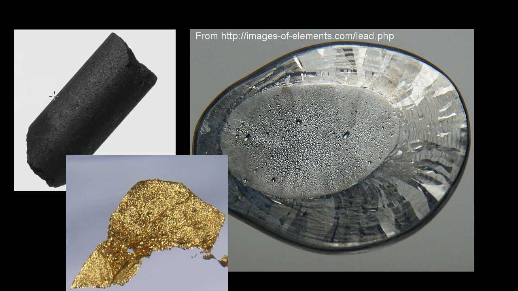And here are pictures of some of these substances. This right here is carbon, and this is in its graphite form. This right here is lead. This right here is gold. All of the ones that I've shown pictures of here, and I got them all from this website right over there, are in their solid form, but we also know that